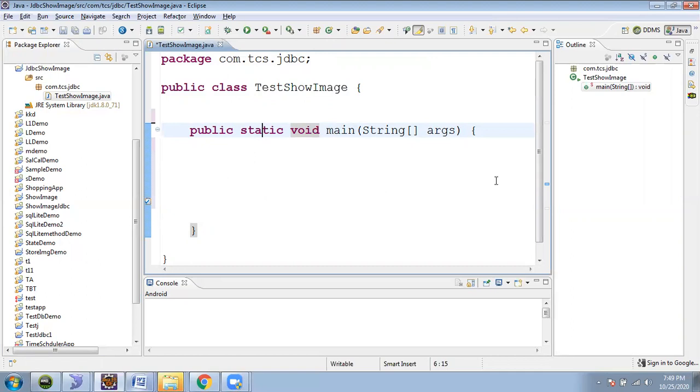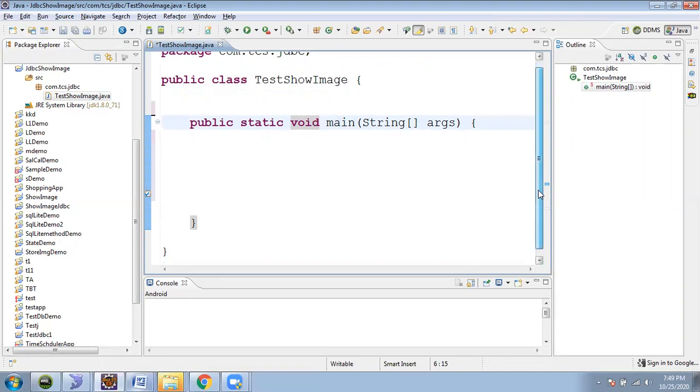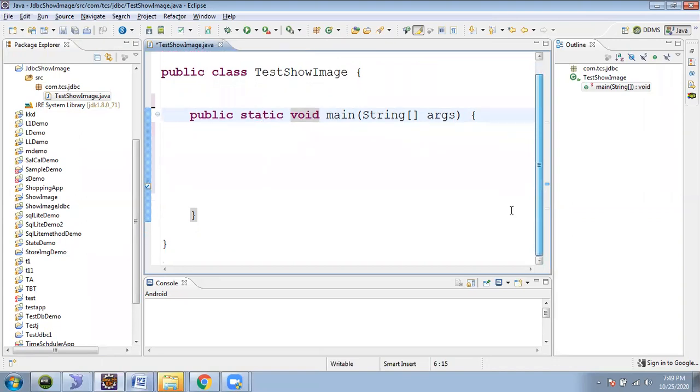Today's lecture is based on how we actually retrieve the image from the database. Actually, we are not showing the image, we are retrieving this image, and we are just trying to store that image into the hard drive. We are not going to show it, because when I teach you the servlet and the JSP, that time I will show you actually.